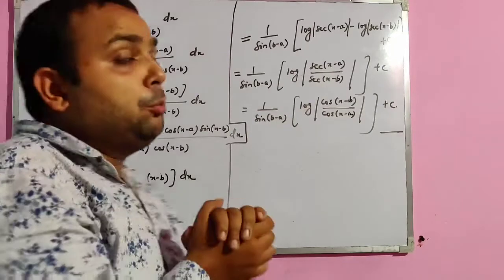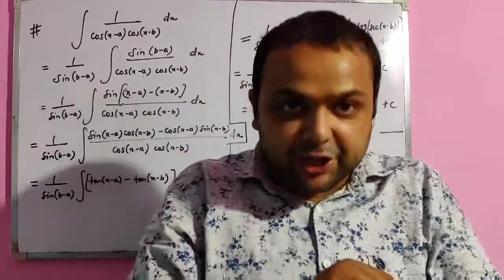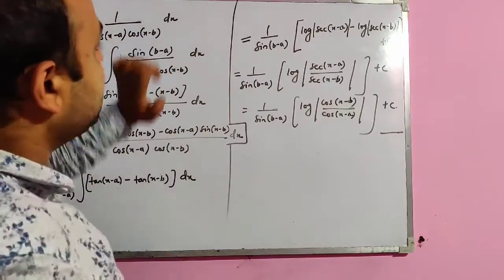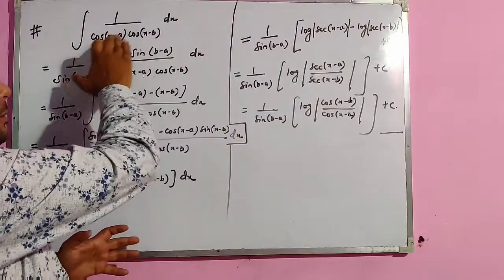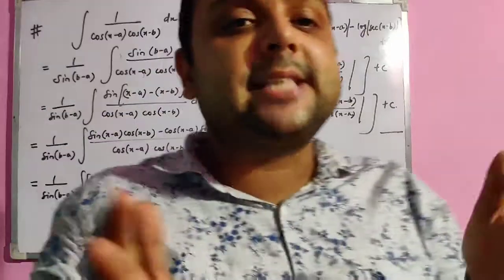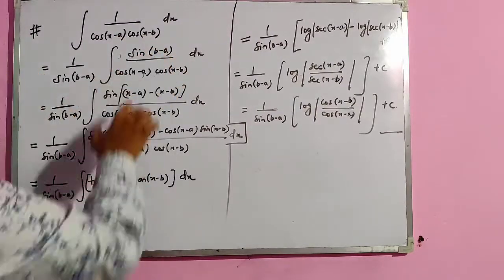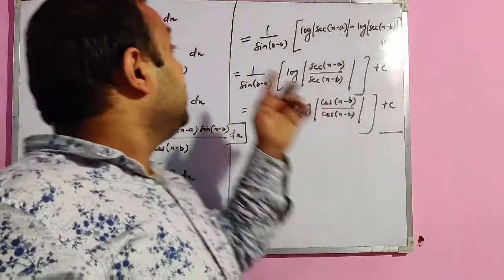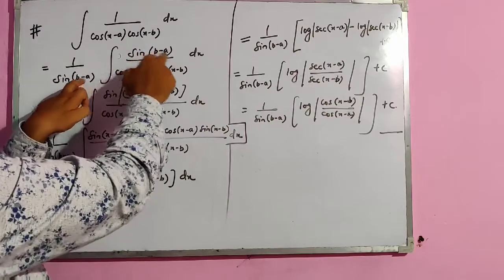Now we are going to see one most important formula based on trigonometric identities used in integration. The question is the integration of 1 upon cos(x minus a) cos(x minus b). This is the pattern question. If we have cos in both the terms, what I have to do is divide and multiply the numerator and denominator by sine of the difference of these two values, that is b minus a. If you subtract x minus a and x minus b, you will get b minus a. So I have done the multiplication and division of both by sine(b minus a).